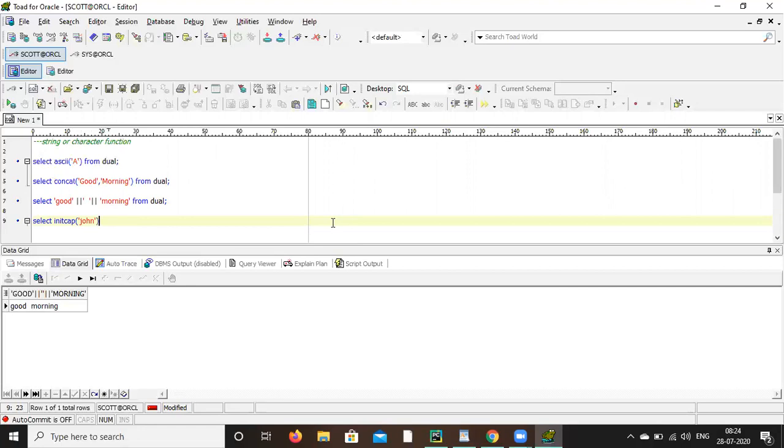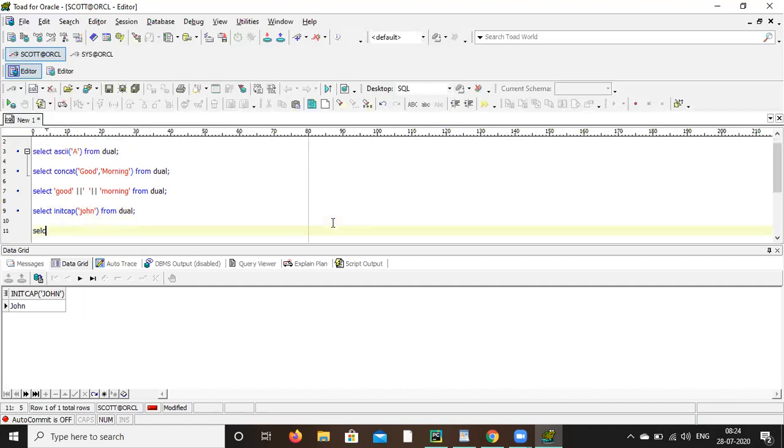Bracket close from dual. Semicolon. Run it. So init cap means the initial letter, always it will convert into capital letter. Init cap. Similarly, upper and lower. Same thing. Upper and lower. So it will convert to uppercase and lowercase.